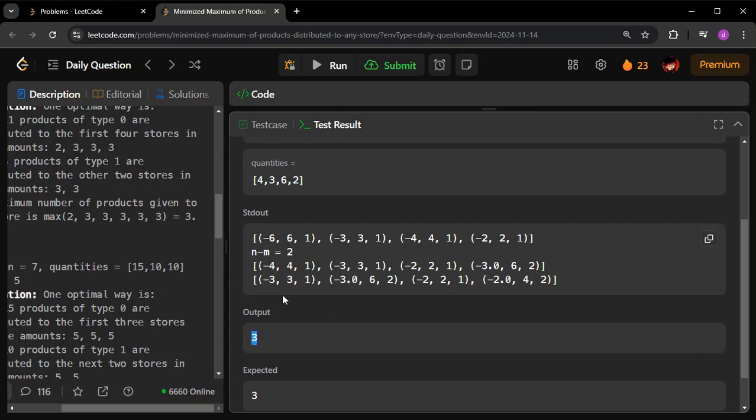But you don't have to compare everything to get the highest value. Remember, this is an already sorted one, right? So obviously the first element is only going to have the highest value, right? So you have to just take this and return it.